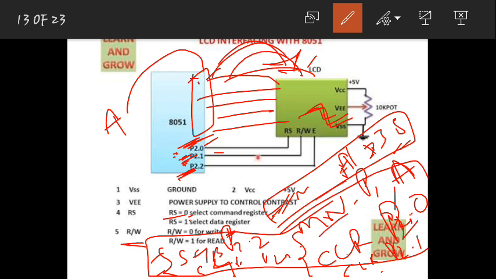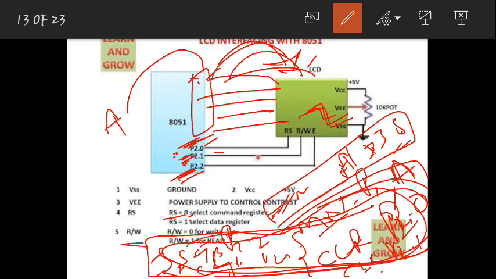So there are five lines, and I also said that you can give a delay between them: set P2.2, then give a delay, then clear P2.2. All these lines are common: if you give 38 you should write all these lines. Then if you give another command like 01, again you should write all these lines. So you are repeating these lines, only this one will change. Why will this change? Because the command is differing.